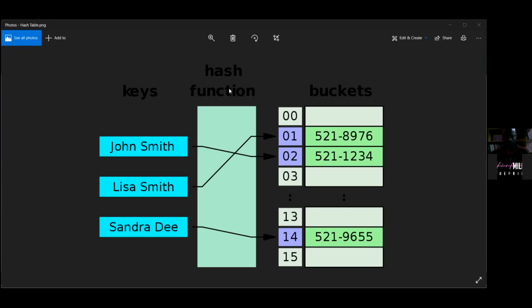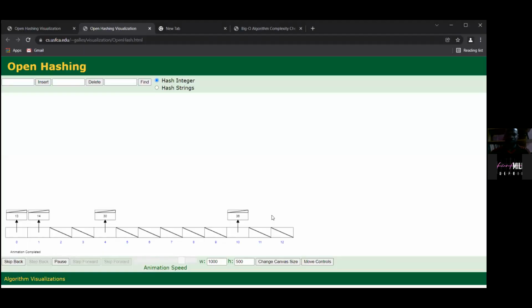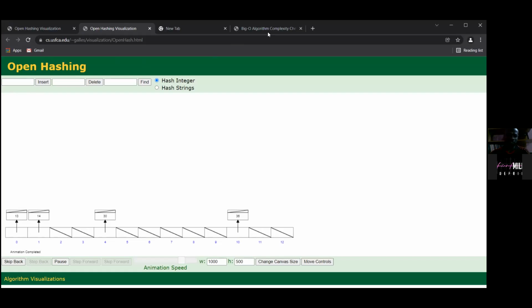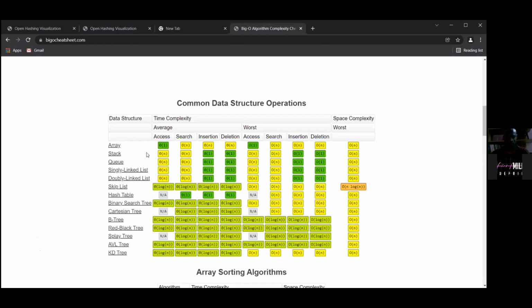So by implication, you notice, inserting occurs at O of 1 because it's only one operation that will be done. Okay, let me quickly go back to our big O cheat sheet. Why is it taking time to load? Okay. Now, if you look at